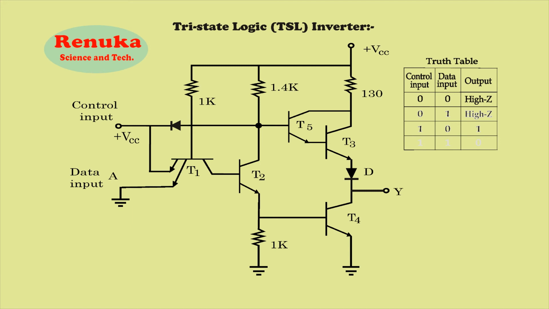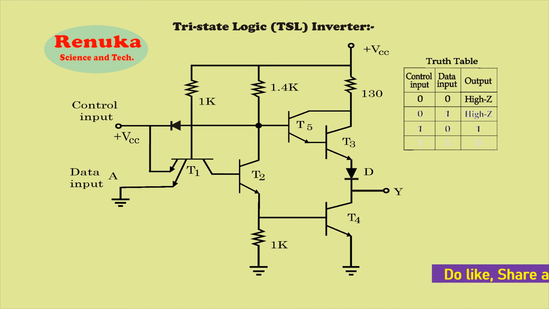So all the current in the transistor T1 will flow towards the ground, and if the current is flowing towards the ground, there will be no current at the collector of transistor T1. The collector of transistor T1 is connected to the base of transistor T2. So the base of transistor T2 will have low voltage. If the transistor is connected as an amplifier and it is getting low voltage at the input, the transistor will remain off.